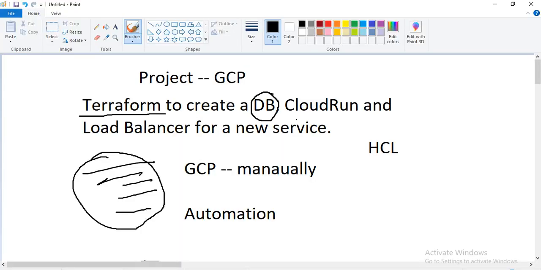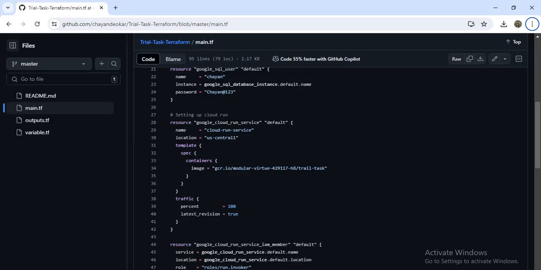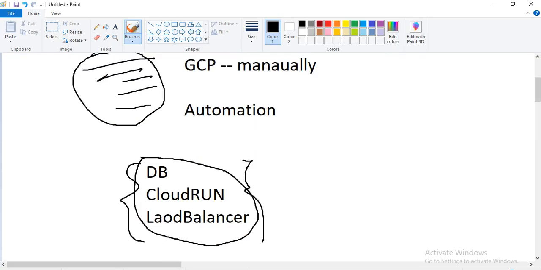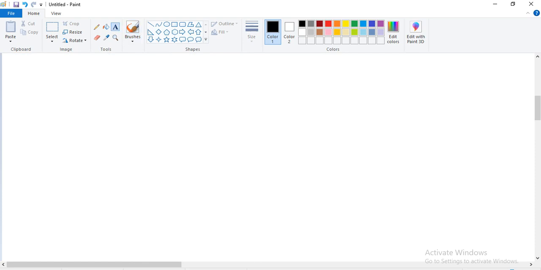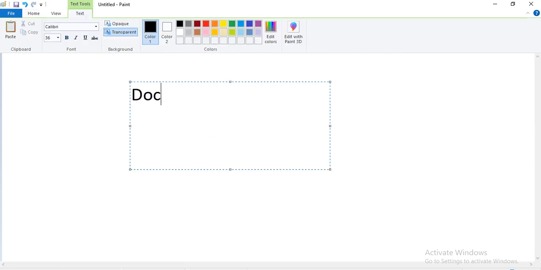After configuring this part, you can go to Cloud Run, and now we have to write the script for Cloud Run. Here is Cloud Run, where we have given the name for Cloud Run, then the location, then which image you want to use for Cloud Run. Let me quickly show you what images we have. Like we have Docker Hub,